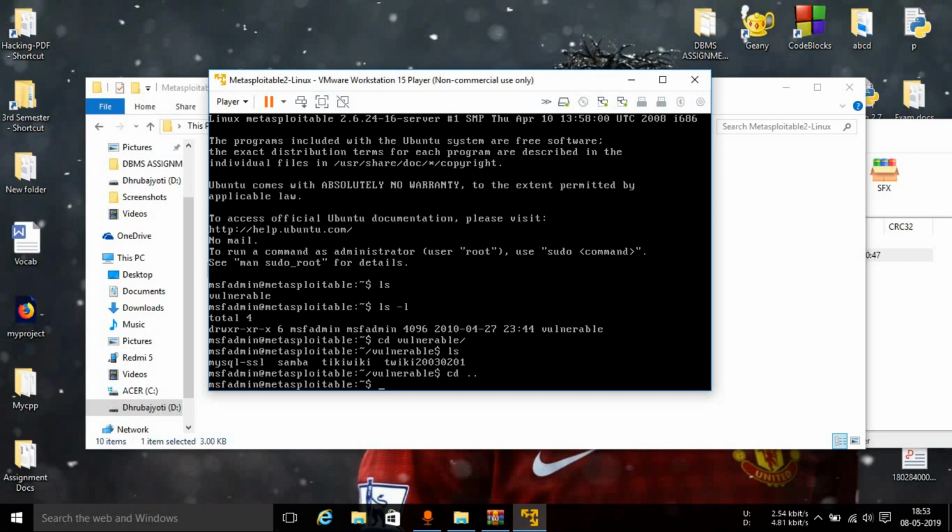Previously it didn't appear, but I don't know how it is appearing right now. I actually deleted the virtual machine which was previously installed and reinstalled it right now, so as to show you the process. Previously there wasn't any folder named vulnerable, but now it's appearing. I don't know how, but anyways, this is the basic process of how you install Metasploitable2